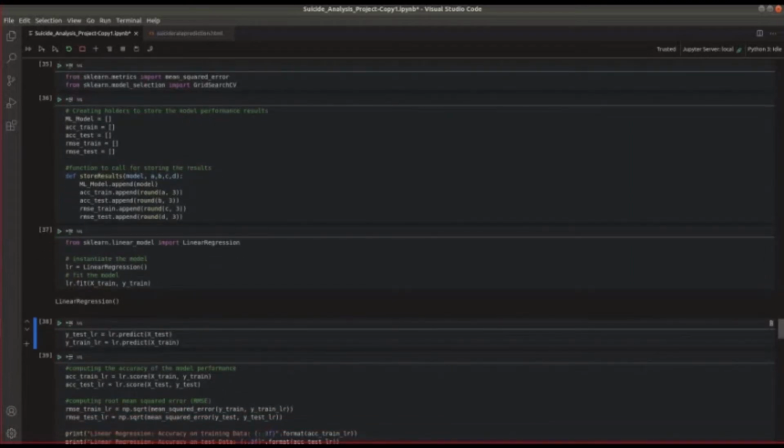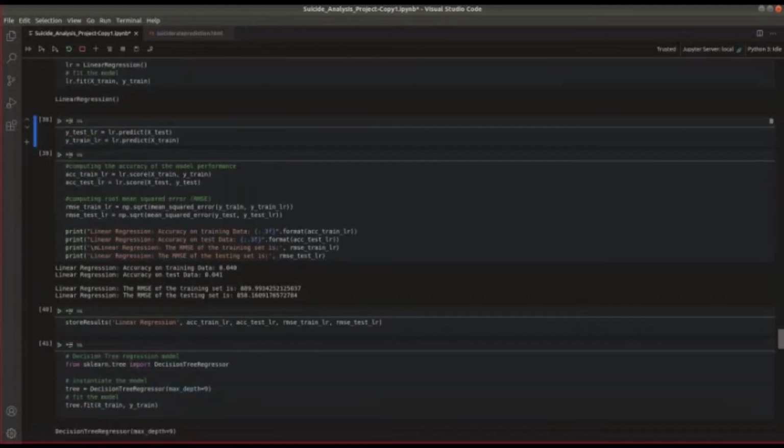Here I have created the holders to store the model performance results and the functions to call for storing the results.